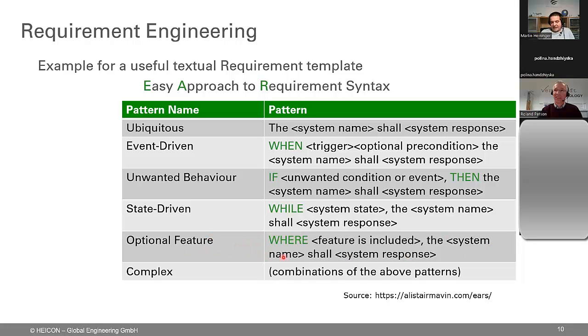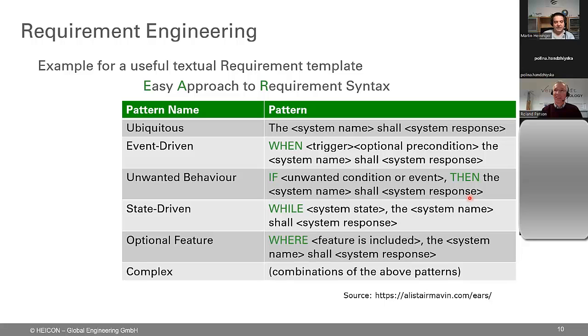in text form. You can see this template is actually older, because nowadays we have databases, features which are only optional and not in each product, with product variants and things like that. Please manage this by the database attributes and not by text within the requirement, because it's a nightmare to find these optional features, and these are important to allocate to the different products. So optional features are not in text, but the rest of Alistair Maven can be used